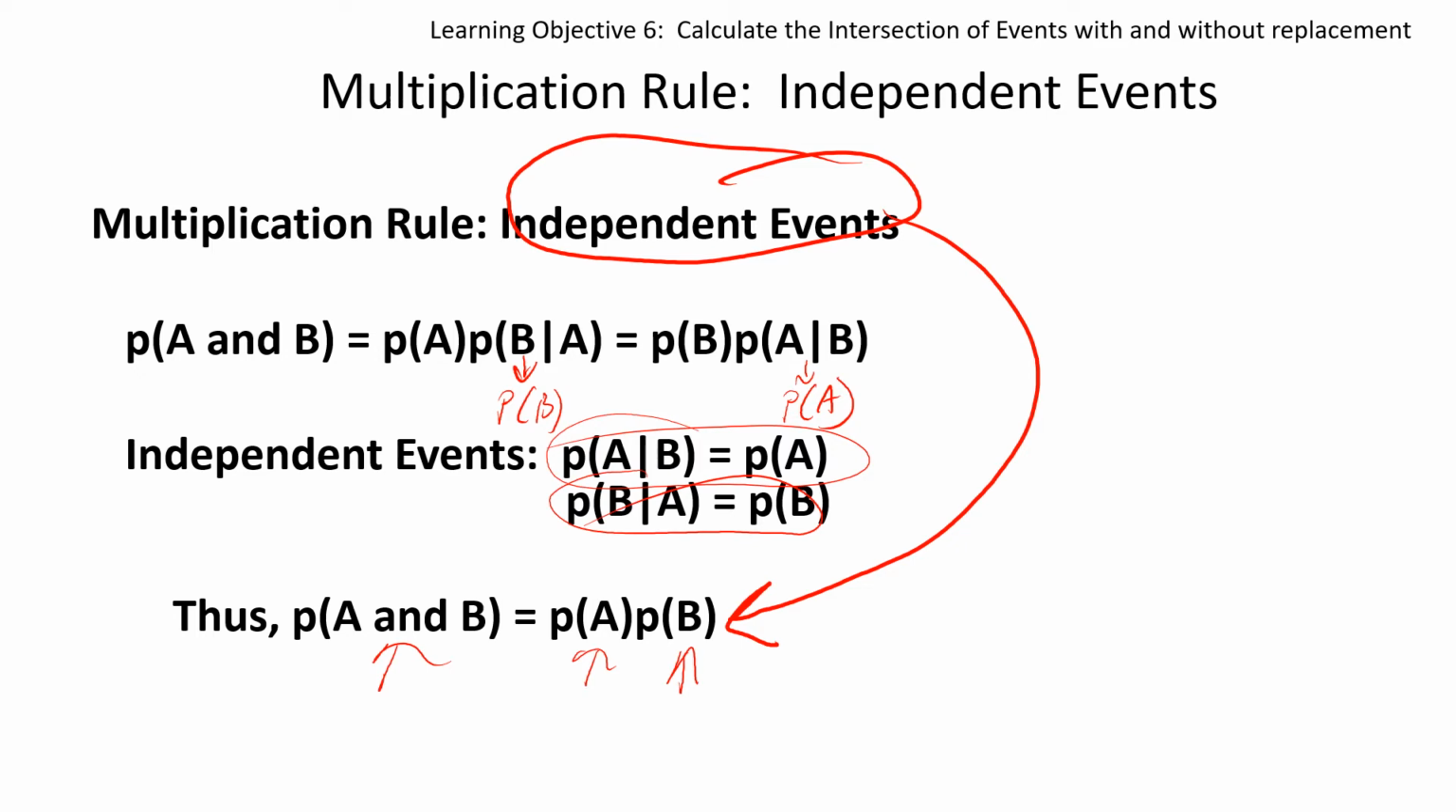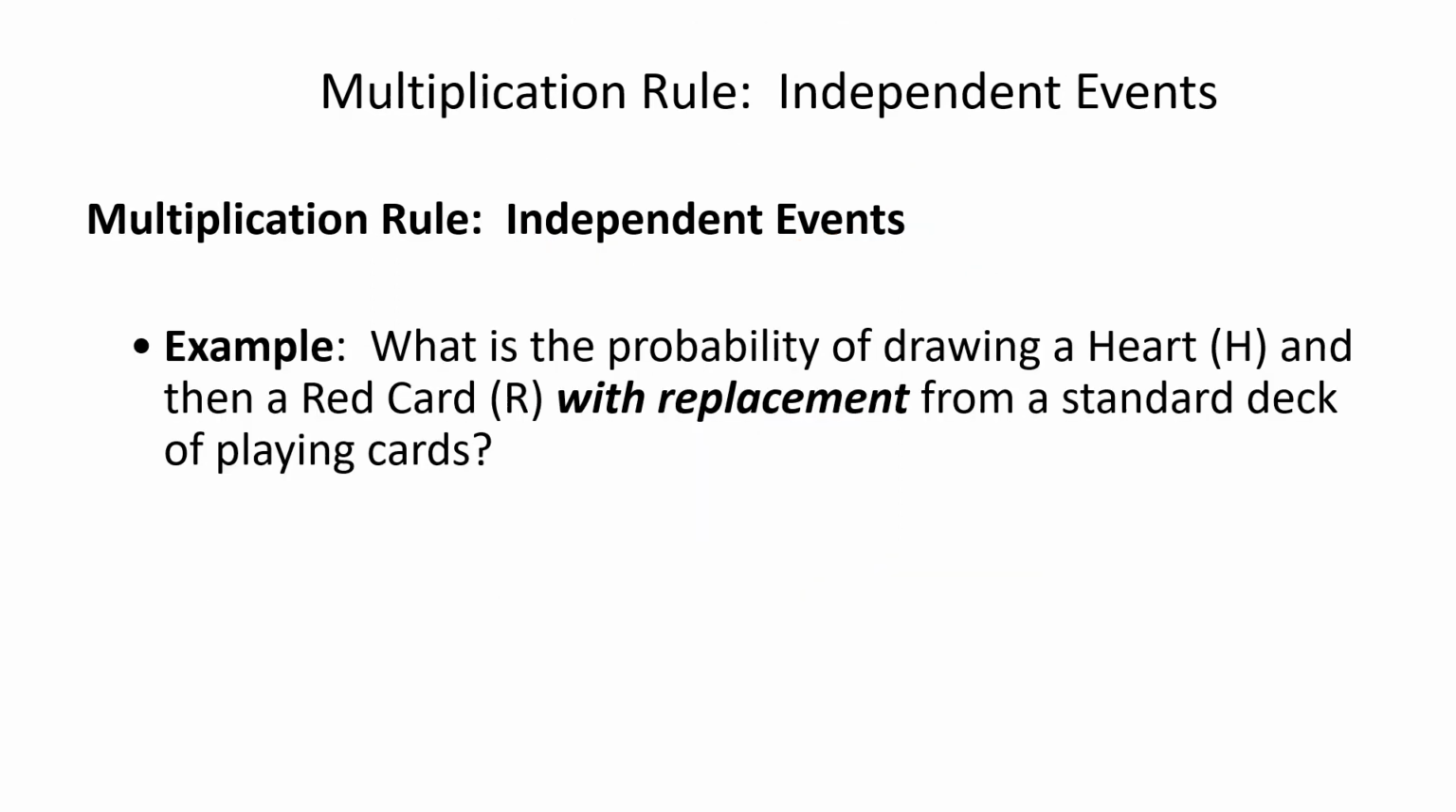So for example there, let's actually look at it on the next slide. What's the probability of drawing a heart and then a red card with replacement? Before we did the same example without replacement, let's do it with replacement now. So the probability of A and B is normally the probability of A times the probability of B given A,